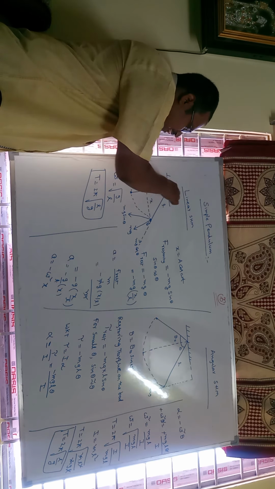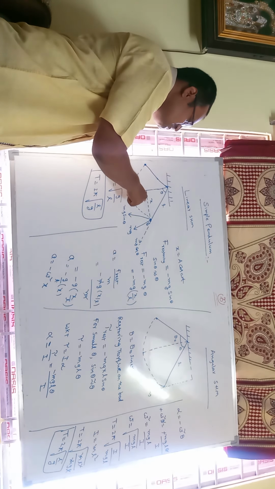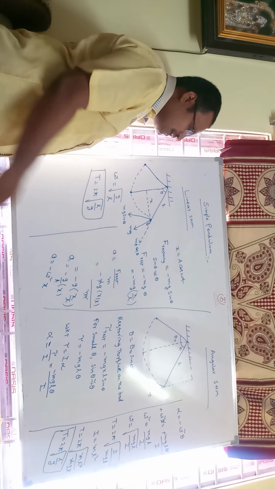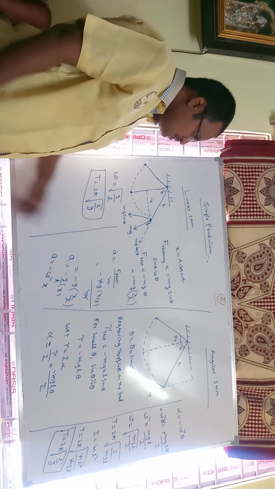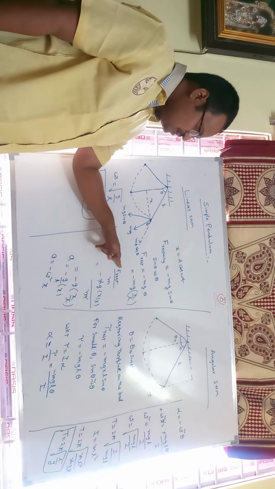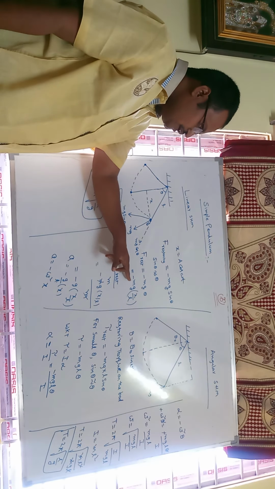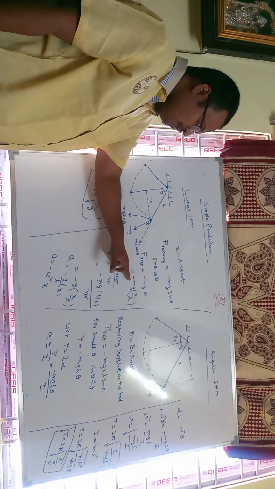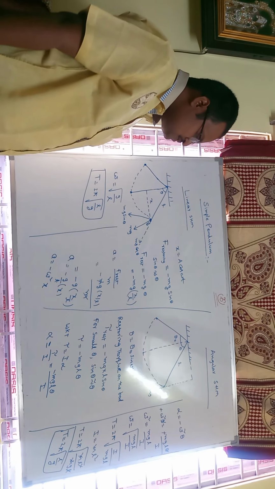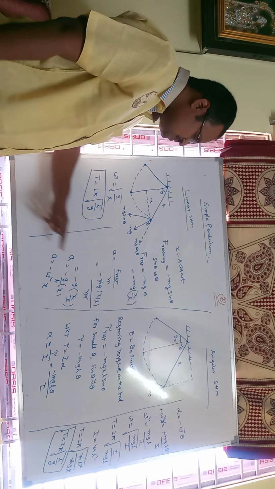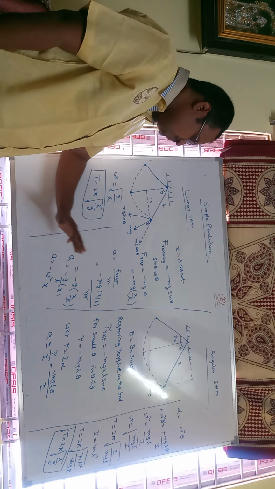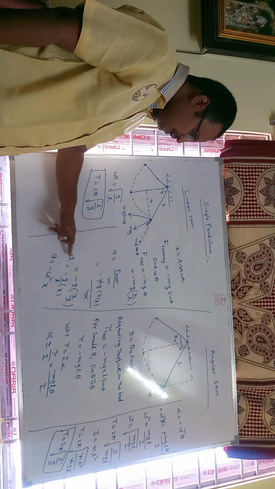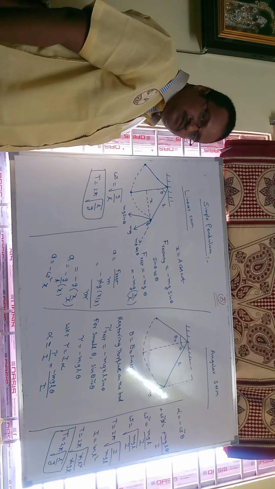Now you can see the triangle. Sin theta equal to opposite side by hypotenuse. So theta equal to x by L. We know that acceleration a equal to restoring force by m. So already we got the restoring force, that is minus mg into x by L, divided by m. m gets cancelled. a equal to minus g into x by L. Okay? So a equal to minus g by L into x.